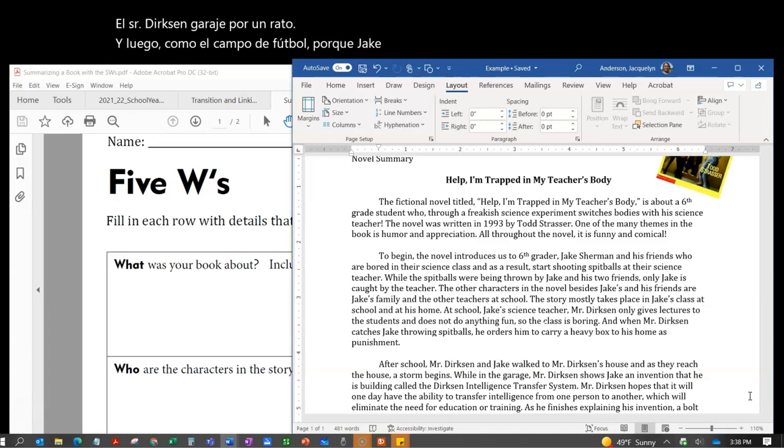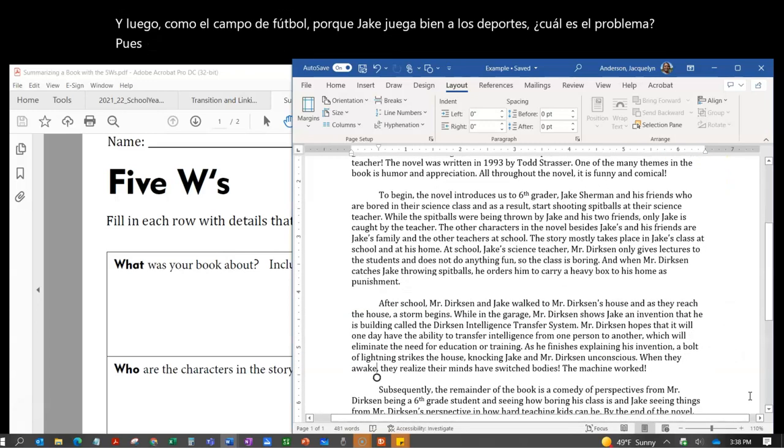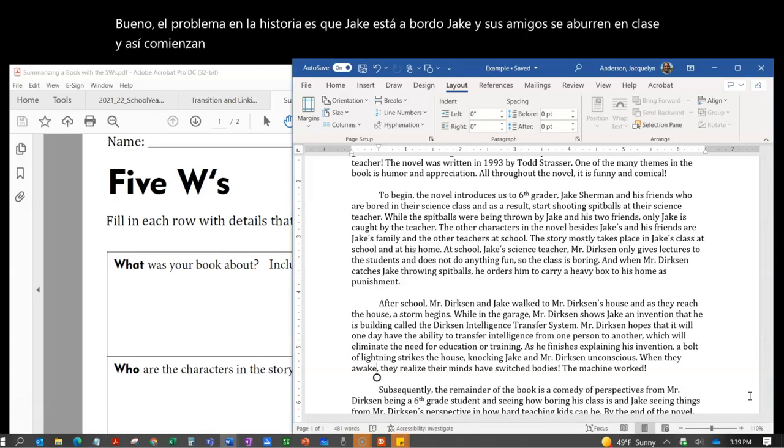Okay, what is the problem? Well, the problem in the story is that Jake is bored. Jake and his friends are bored in class, and so they start throwing spitballs at the teacher. Okay, now